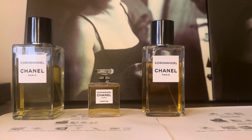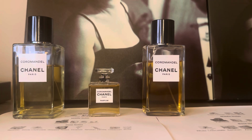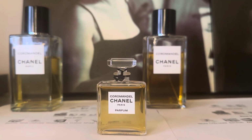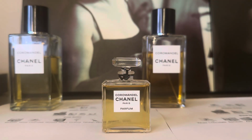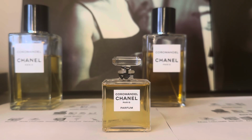So as you know, over the last few days I have been trying Chanel Coromandel variations and concentrations, starting with Coromandel Parfum. This is a newer parfum, I think maybe 2021 or something, and I was pleasantly surprised by this. It's really smooth. I think it's smoother than the next two, EDT and EDP, and it was beautiful. The most I got from it was the patchouli, orris, rose combo, and the warm notes, and the